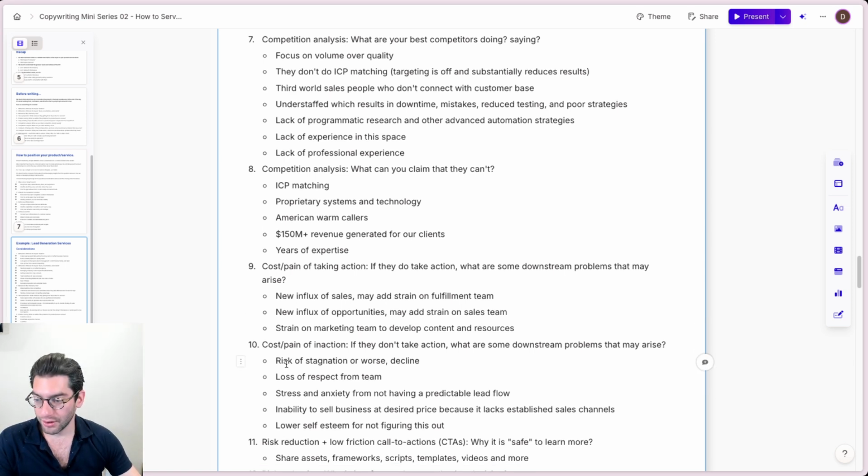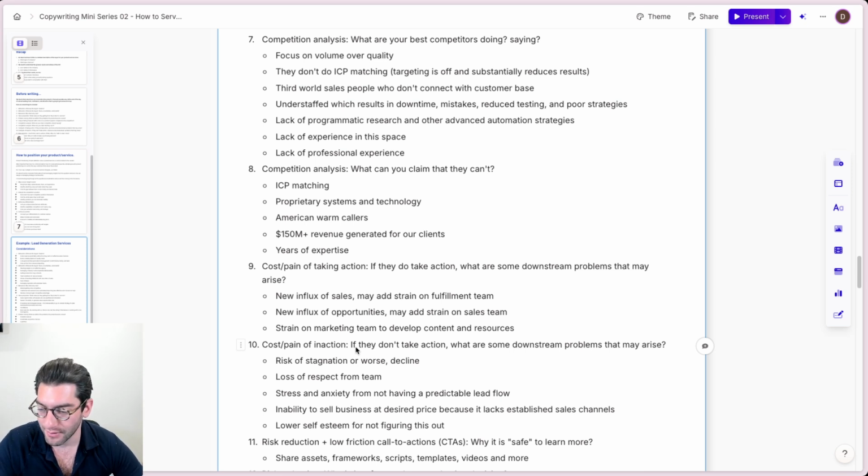As well, the cost of inaction. This is where it gets very interesting, because what would the cost of inaction be in this scenario? The risk of stagnation, or even worse, decline. The loss of respect from your team because you haven't figured out a reliable acquisition channel. Stress and anxiety from not having a predictable lead flow, and you're always looking for the next opportunity that's going